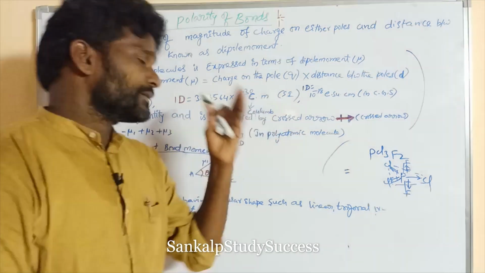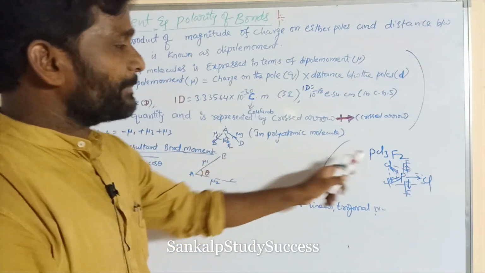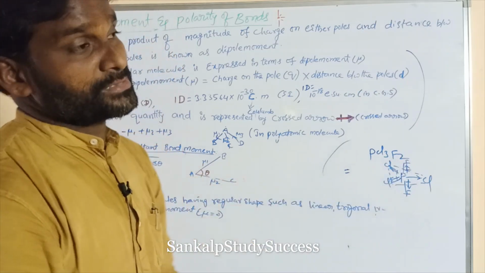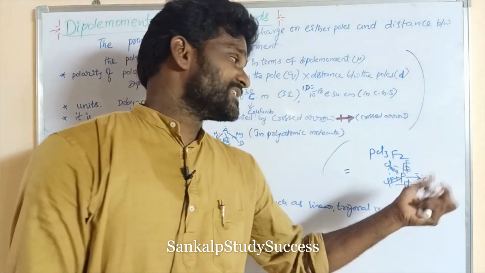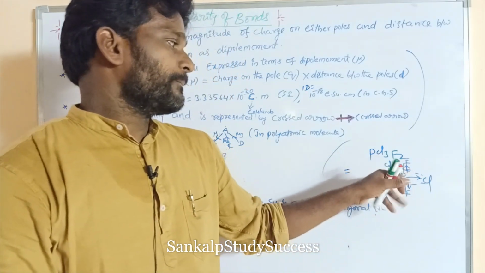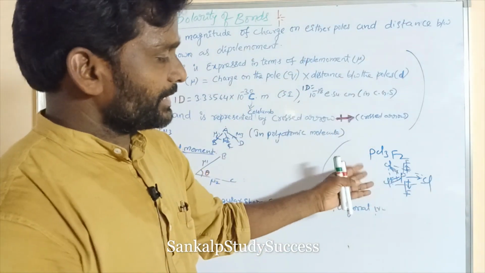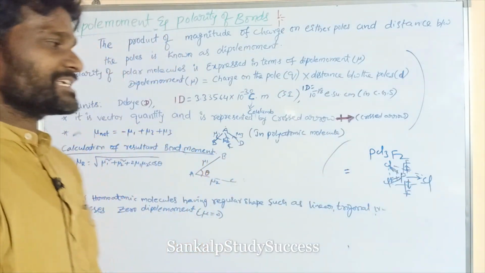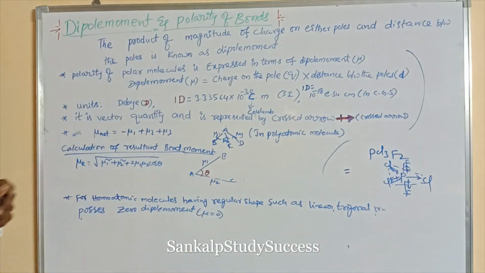So the net dipole moment of a polyatomic molecule depends not only upon the number of bonds, but also upon the spatial arrangement of atoms. What is the spatial arrangement of atoms? The bonded atoms are present above the plane, below the plane, right? What is its direction? So that is the spatial arrangement of atoms. Next, we go to